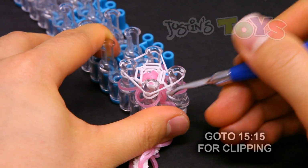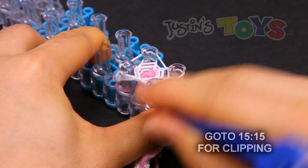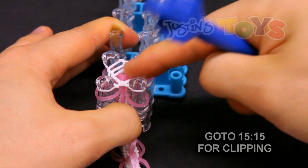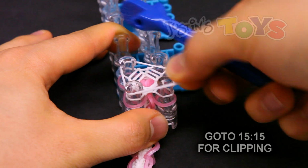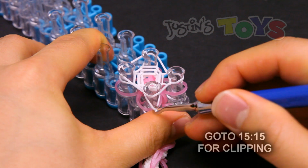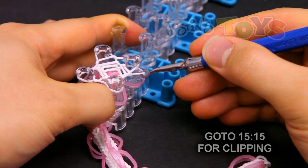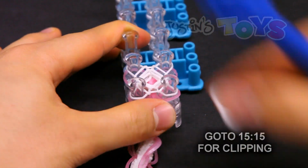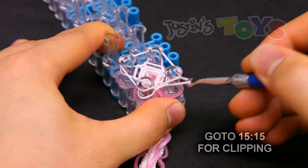4, 4, 4, 4, push down, grab another white, 5, 5, 5, 5, push down, grab another white, 6,